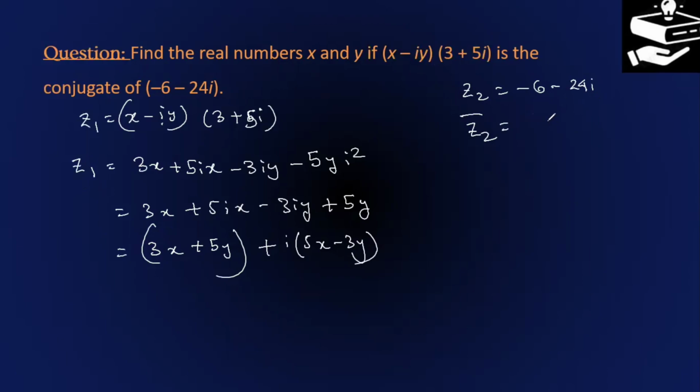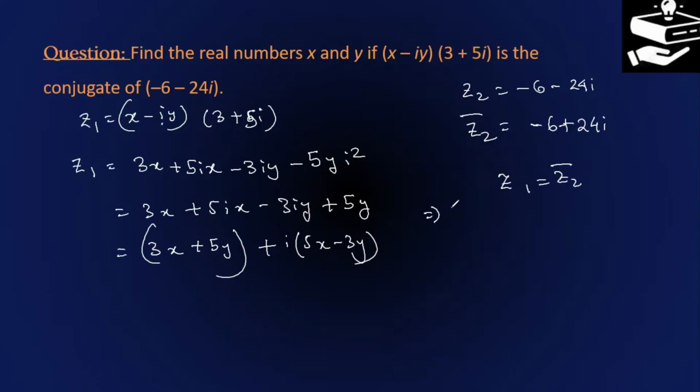Conjugate of z2 is nothing but z2 bar, which is minus 6. As I said, the real part will be as it is, while we change the sign of the imaginary part. So it will become plus 24i. Okay, so z1 will be equal to z2 bar, right? Since z1 is equal to z2 bar,